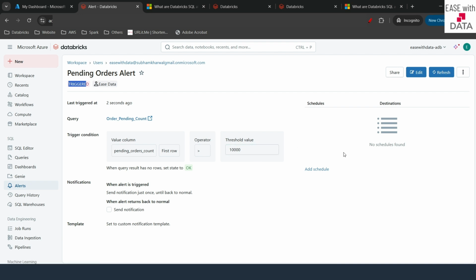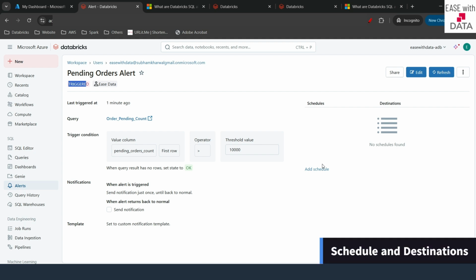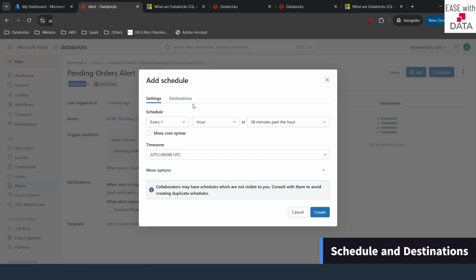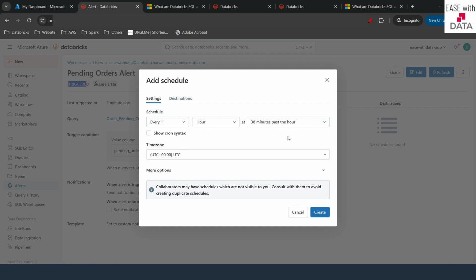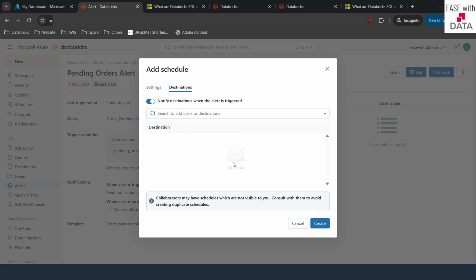Now, the next thing that we will do is we'll add schedules and destination where you have to send this alert. Now, in order to add schedule, we can go ahead and click on this add schedule button here. And now we can set a schedule based on which this alert would be evaluated every time. And based on the condition, it would trigger the alert. Now, once you add the schedule, we also need to add destination. Now, if you see here, we don't have any destination yet. So the next thing that we need to do is we have to create a destination where this alert would